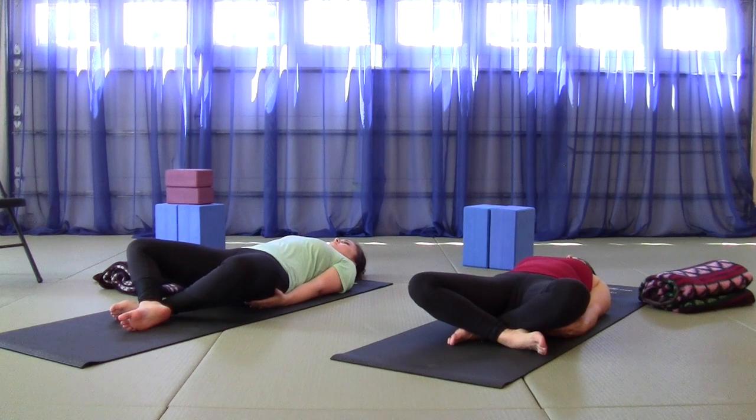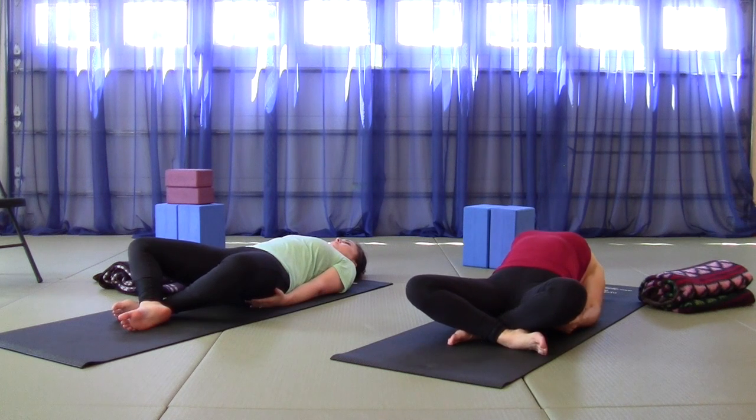Press the back of the head into the floor, squeeze the shoulder blades, and press the rib cage up towards the ceiling, making some arch in the lower back. Once you're here, find your breath, breathe 1, 2, 3, 4,